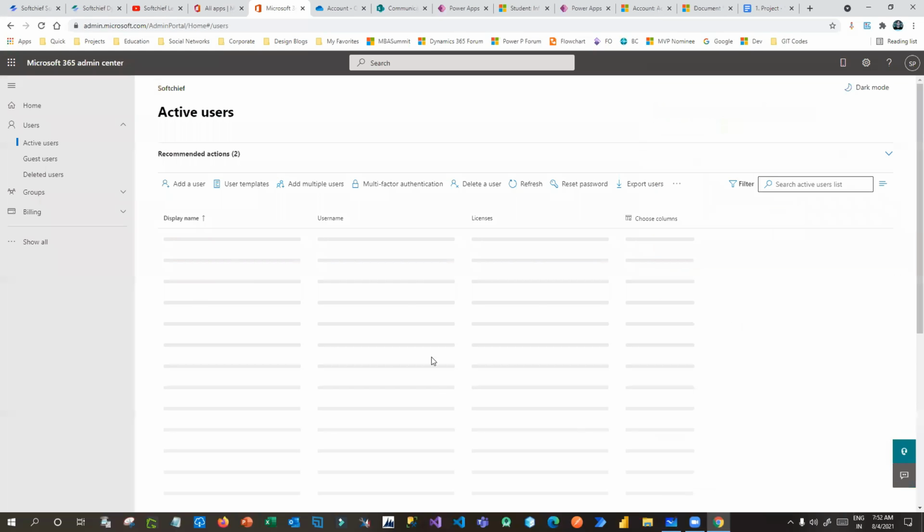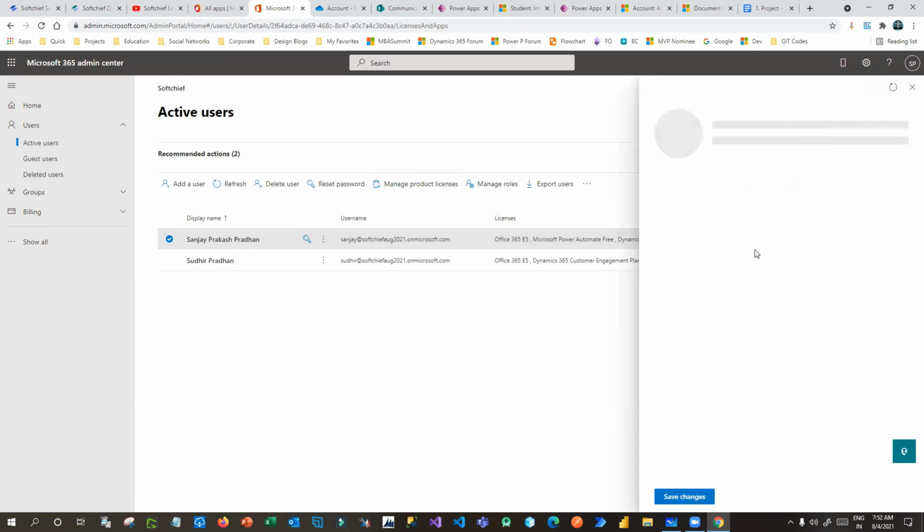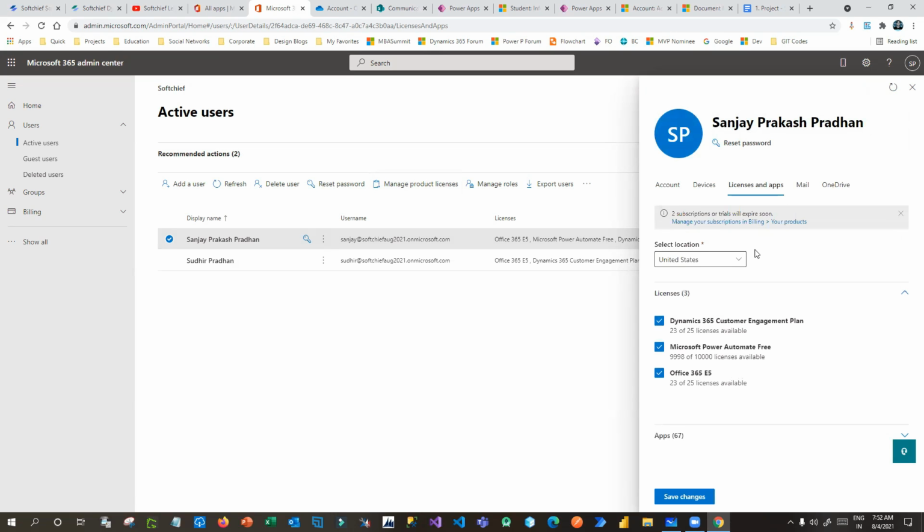Click on done. Now to double check, let me check my own license. Click on this user and click on manage product license to double check. So before integration of Outlook with Dynamics, you have to check whether Outlook is available for that user or not. Yes, it is available.